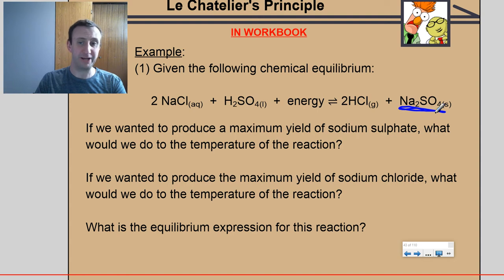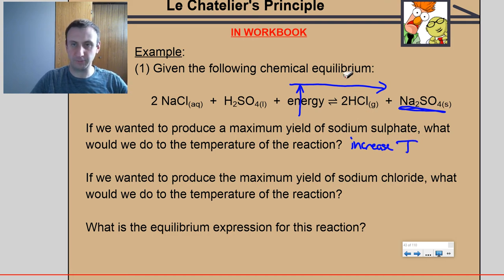And by solution, I mean reaction vessel. All right, so what you would want to do is cause a right shift by increasing the energy. So in other words, we want to increase temperature. Okay, now if we change this to ask a different question, so instead you want to produce the maximum yield